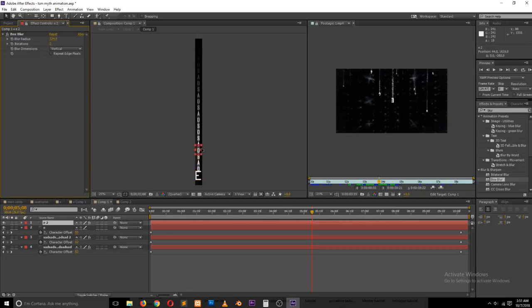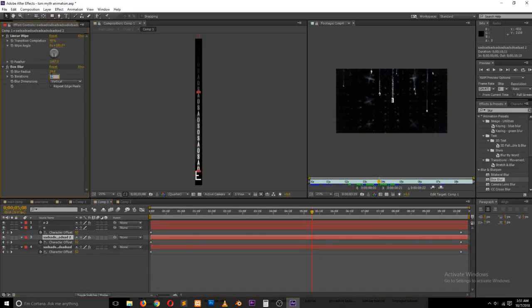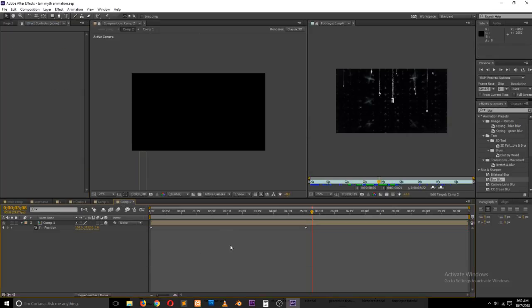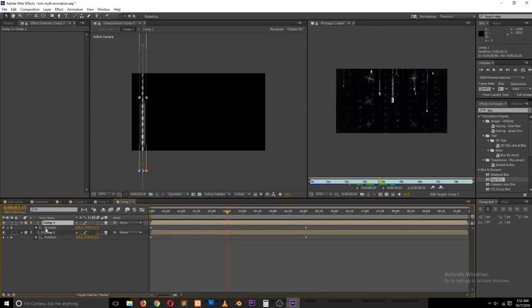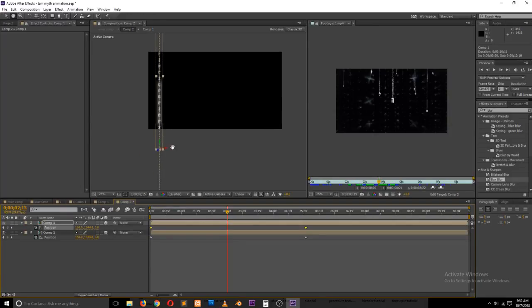And then we can also, let's see, 2 I think is good enough. Let's also increase the iteration to 2 here. Just to give it more depth, more details, so we can duplicate this view and move these keyframes,